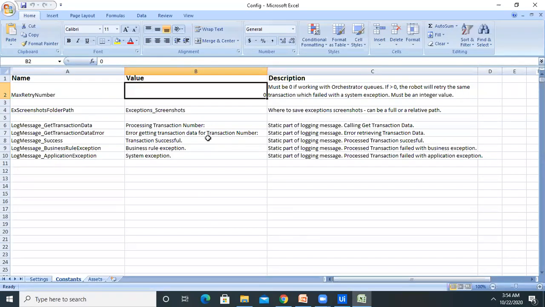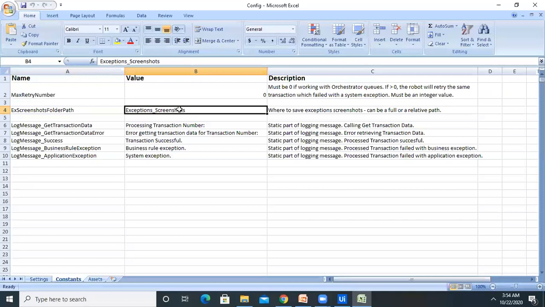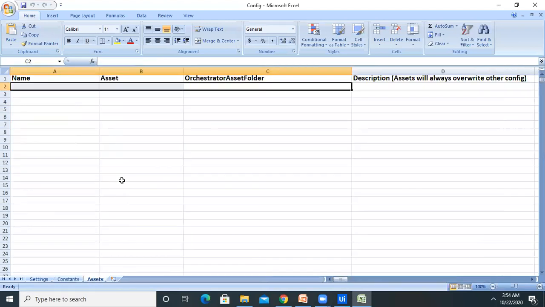Then screenshots folder path, you can provide the screenshot folder path here. So whatever logic you are declaring here, based on this logic, it will run your process. As of now, assets is not going to be used, but definitely you can change it according to your requirement. You can code it, so whenever you want to use it, you can. Otherwise, now it's in idle state, and we have no default value provided by UiPath.